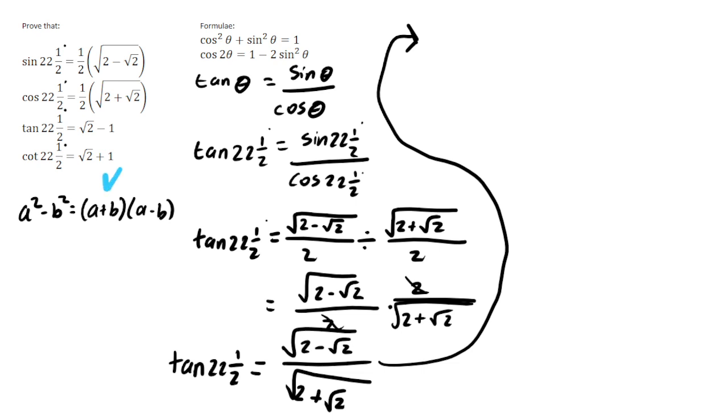These two are conjugate pairs, right? So if this is one part of the conjugate pair, we want to get the other one so we can get this, and remove the radical from the denominator. So we'll just multiply with 2 minus root 2. So we get